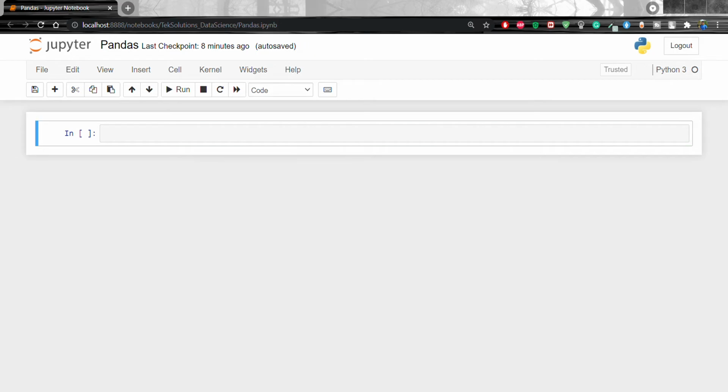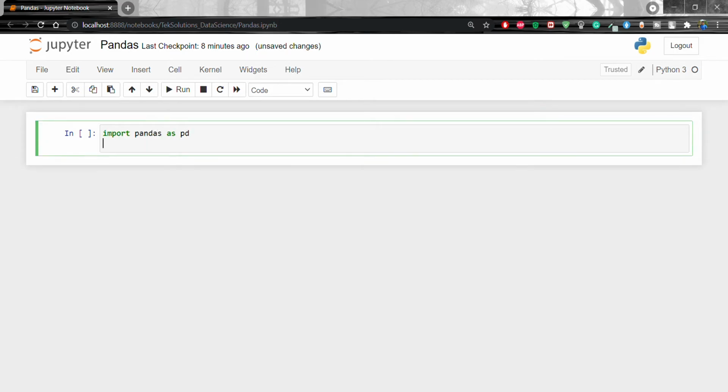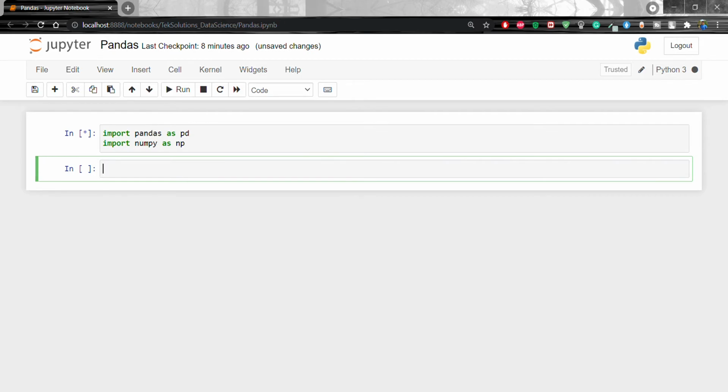Now we'll go with the example. Let's import pandas and numpy: import pandas as pd, import numpy as np. Shift enter. Now I'm going to create a DataFrame: info equal to pd.DataFrame, and I'm going to pass a list.